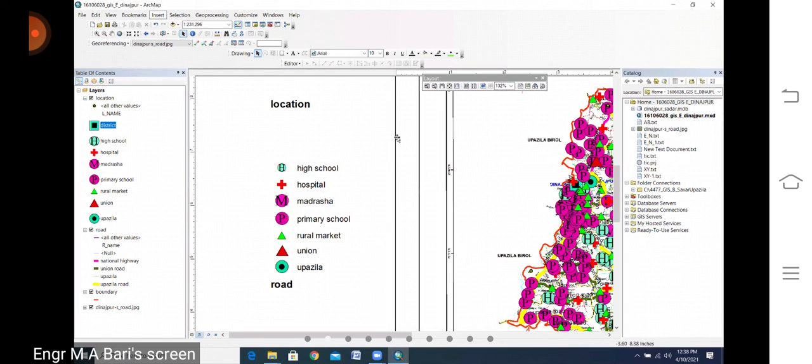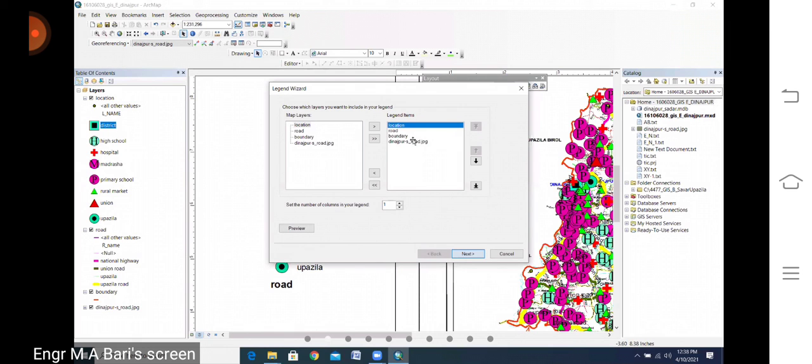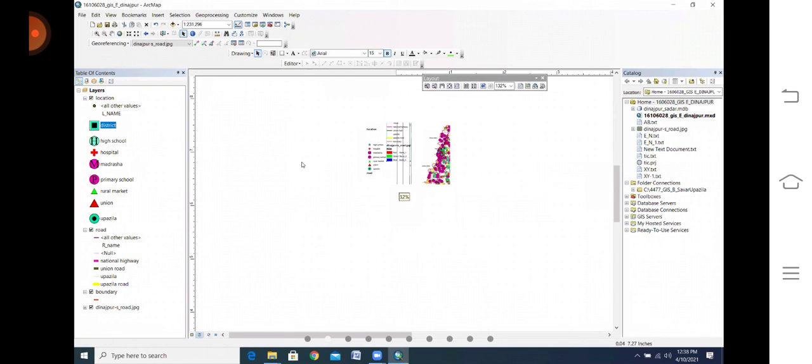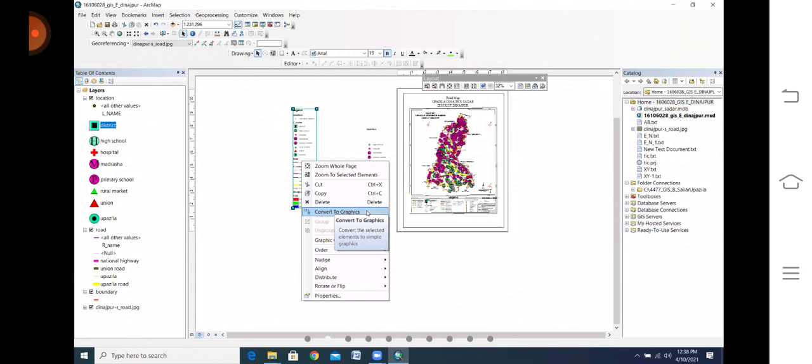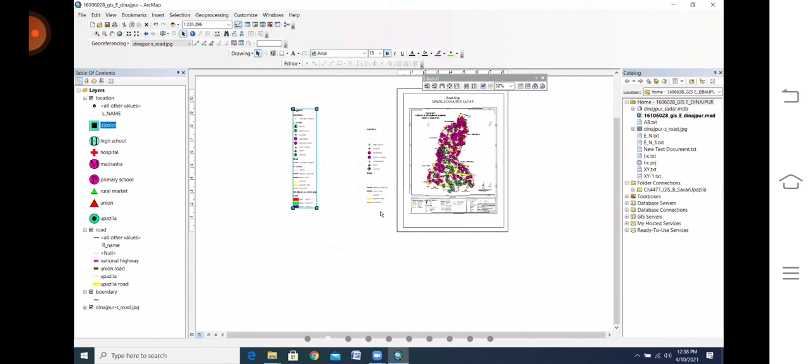So before starting these things, right button click and convert to graphic. This is your first step. So what you need to do? Right button click, convert to graphic. Okay. Then right button click, ungroup.